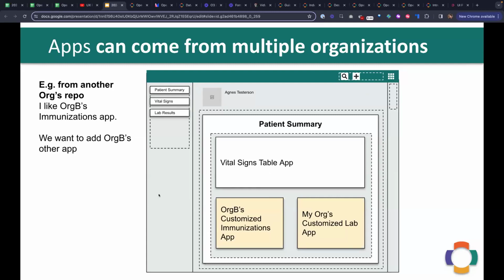So say, for example, you and your team really like how the OpenMRS reference application has the patient summary with some vital signs, but you want your labs to look a little different. So you build your own lab app and you add that front-end widget or app in, no problem. Let's say you like what organization B over there did with immunizations. You can take their work and add it in too, no problem, so long as we share the same design